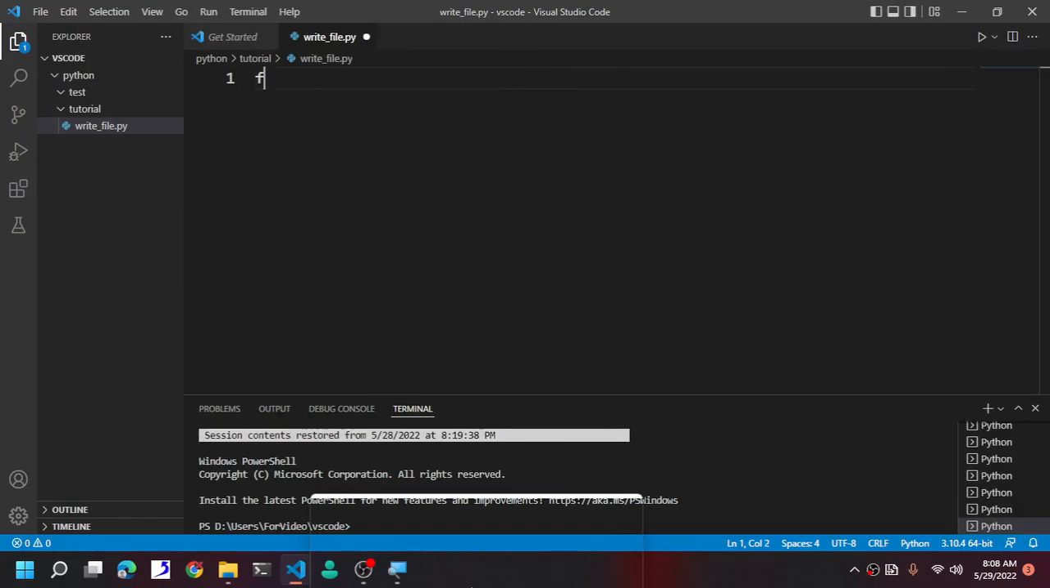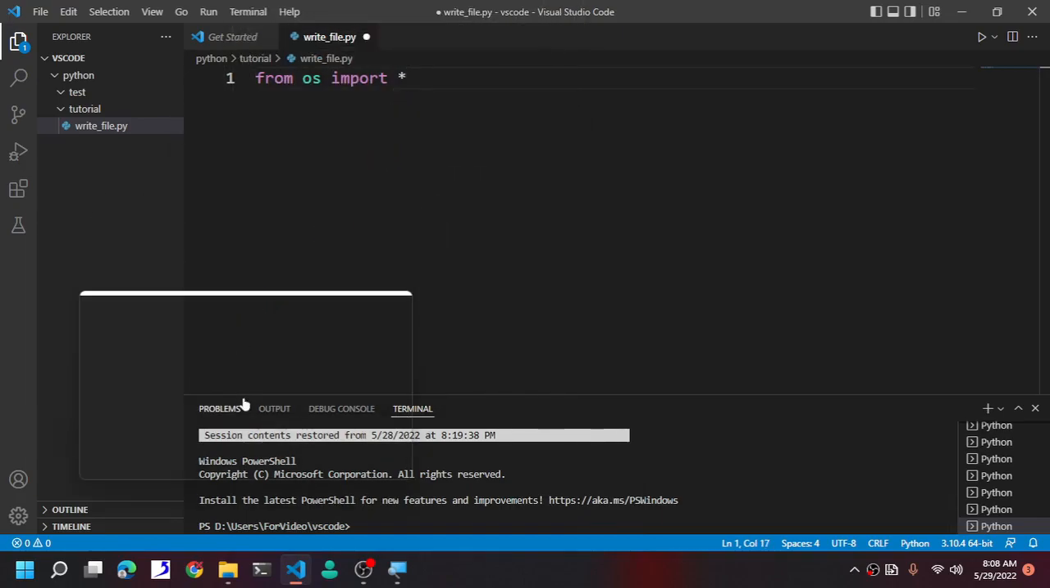Here type import os. As you can see, we are going to import every single component. That's why I'm putting this star symbol right here, or asterisk, or whatever. From import. Now write